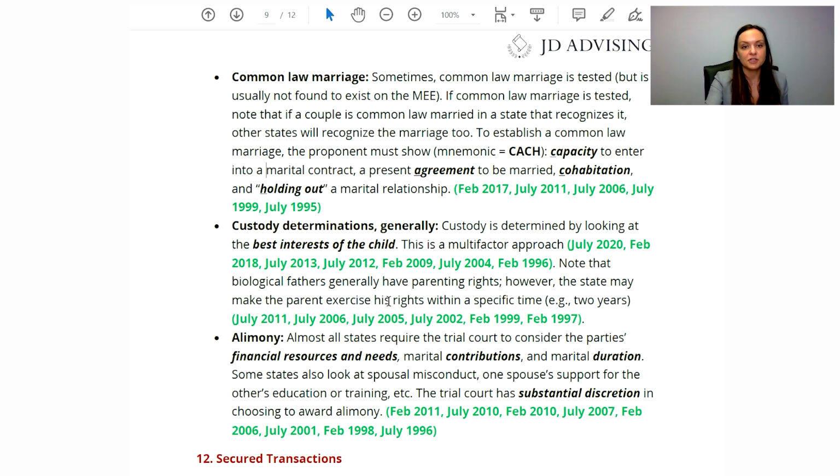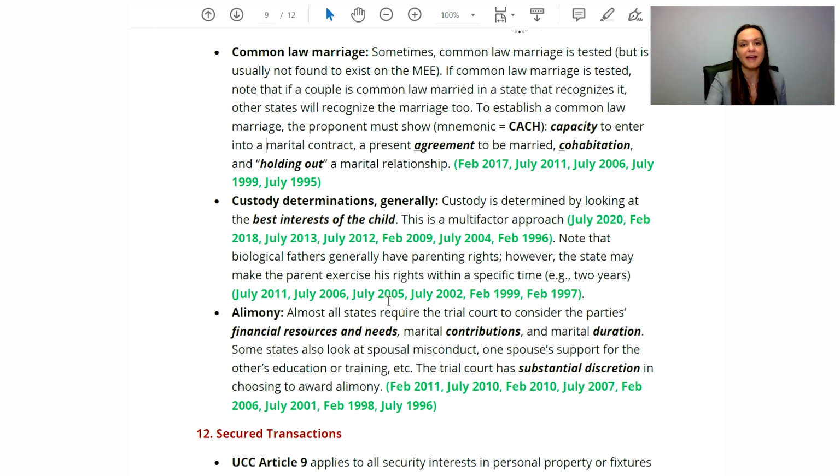When it comes to custody determinations, sometimes people get really caught up in what are the best interests of the child and should I have some list of factors memorized? And honestly, the short answer to this question is no. Use your facts that are presented. In most jurisdictions, there are many things that are considered to be factors in the best interest of the child analysis. And on historical questions that test this topic, they're usually not looking for you to describe or analyze a multitude of factors. They usually give you just a small number of facts that they're looking for you to assess in relation to the best interest of the child factors.